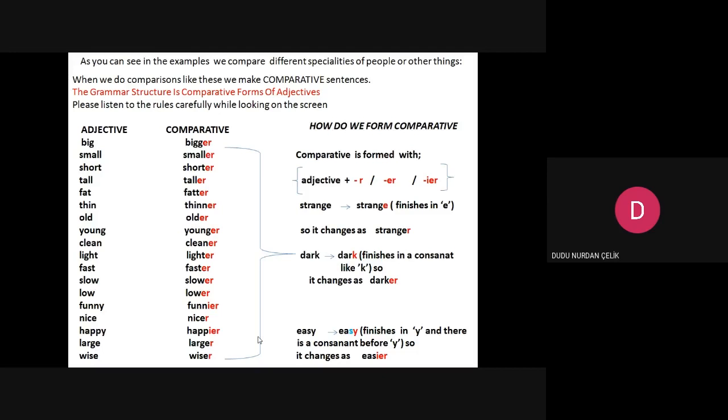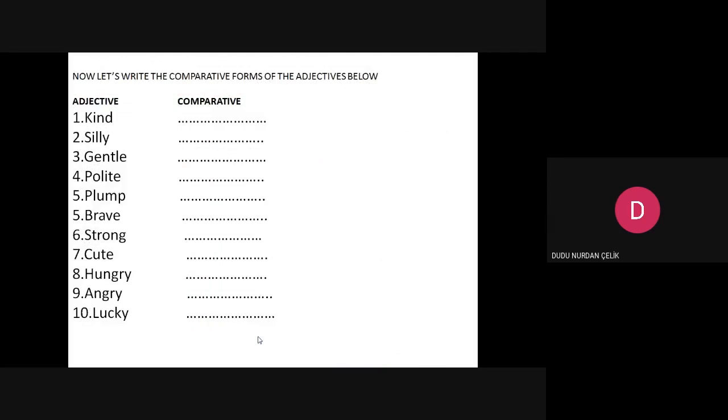Let's have a look at the other one. Now I want you to say the comparative forms of these following adjectives. I will let you think and guess your answer. Then I will show you the answer. Our adjective is kind.